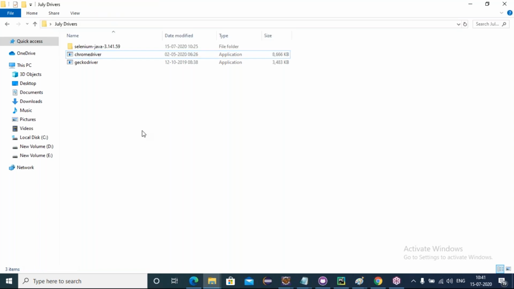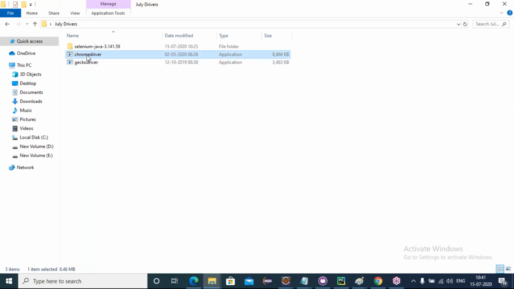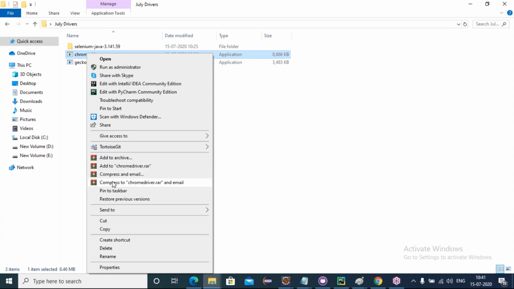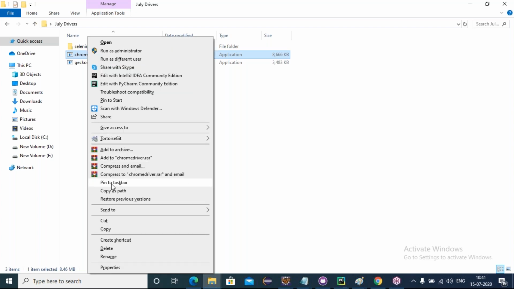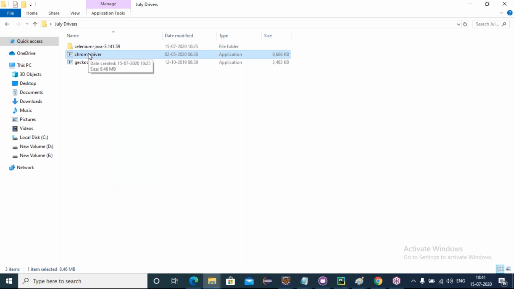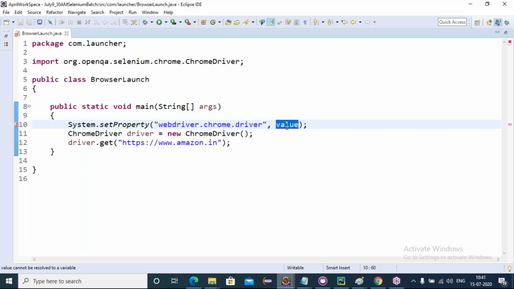Another way of getting the path: select the Chrome driver exe file, press the shift button, and right click. First you press shift, then you right click. Then we can find Copy as path. With a normal right click, we will not get Copy as path. Can we see Copy as path for a normal right click? No. Select this file, shift button, right click. Then only we can see Copy as path. If we click on this, the entire path gets copied with the double quotations. Now come here and paste it here.